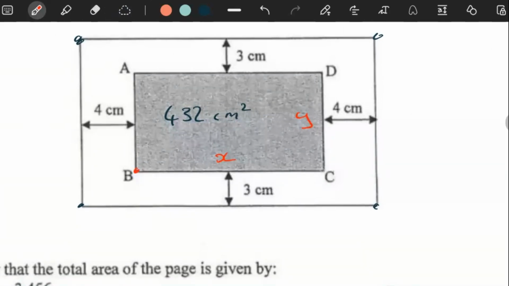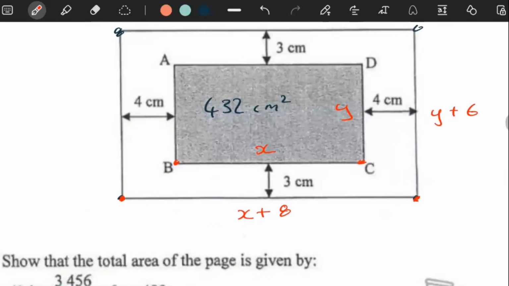The distance BC here: if this is x, it means that from here to there, it is x plus 8, because you have x over here, and then you have the 4 over there. From top to bottom, this is y. Then you have 3 over here, and 3 over there. So that's y plus 6. Okay, so logically speaking, what we do know is that the full area of this shape,